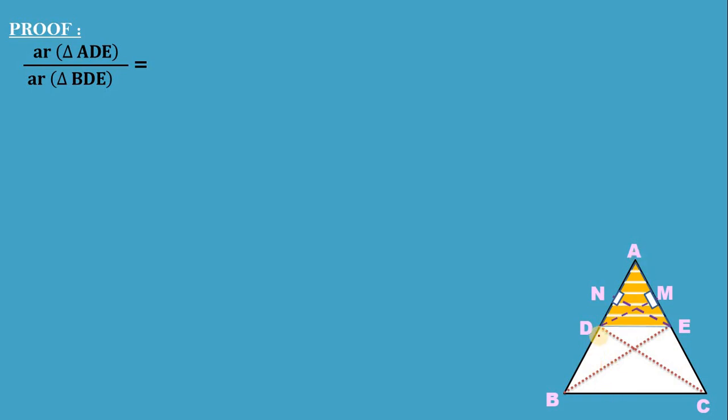Hence, I am using half, and the base I am taking as AD, because the perpendicular is drawn to this side. The perpendicular is drawn to which side? That side you have to take as the base. Hence AD is the base and EN is the perpendicular. So half into base into height, where base is AD and height is EN. Similarly, we have to do it for